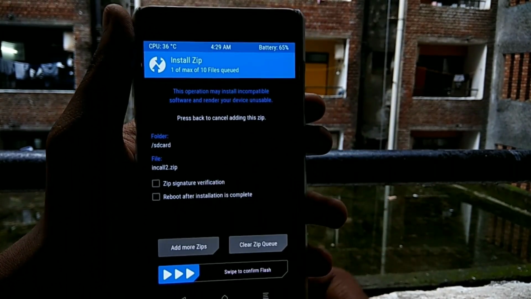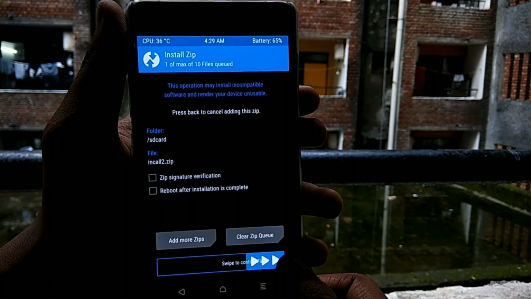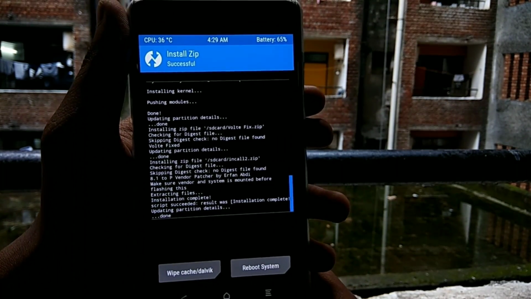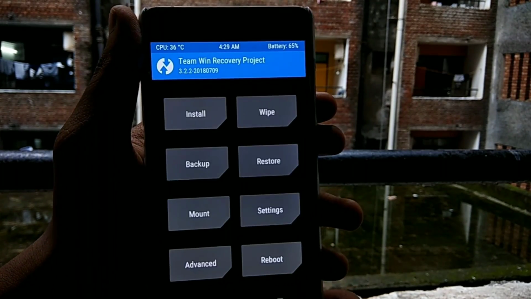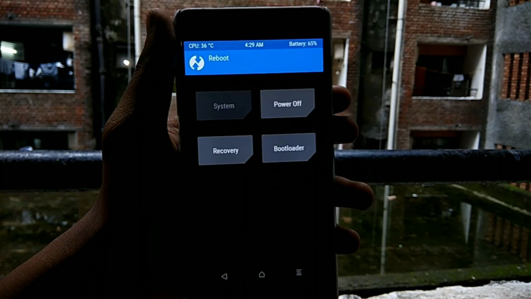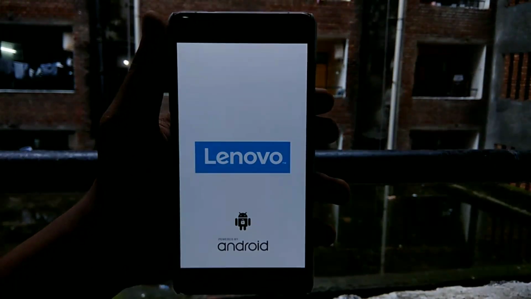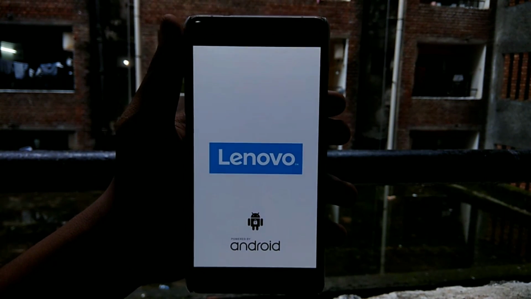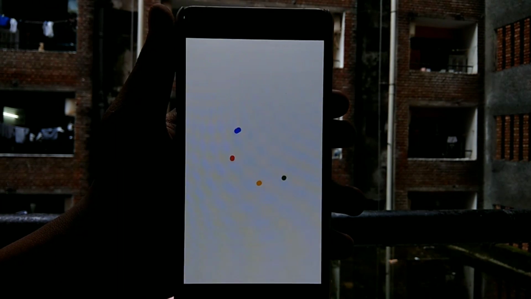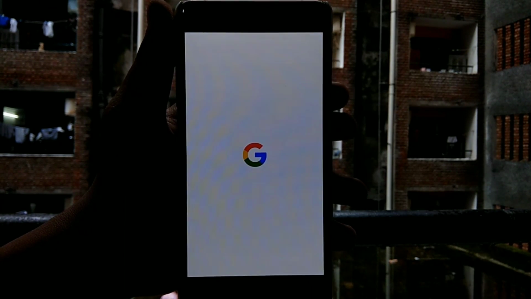Now install the incall2 zip file and swipe to confirm the flash. That's it. Don't install Magisk now. Click on Reboot and System. Install Magisk after one reboot. The first boot may take approximately 5 minutes.